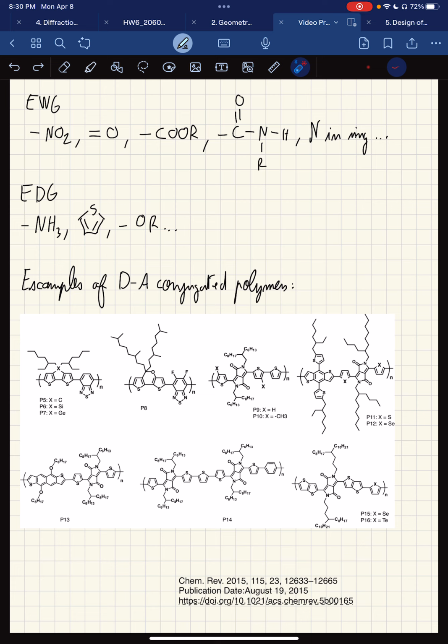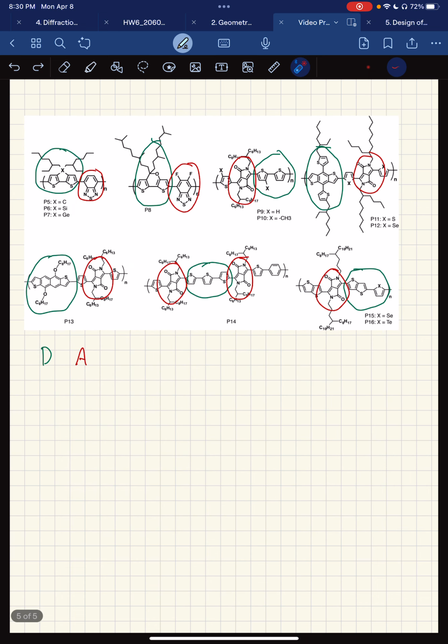Now, examples of donor-acceptor conjugated polymers, again, we have our sp2 noting, very important, are shown below. And I would like you to find which sections of said polymers are donor and which sections are acceptor. And I'll let you pause the video, and here are the answers. I hope this